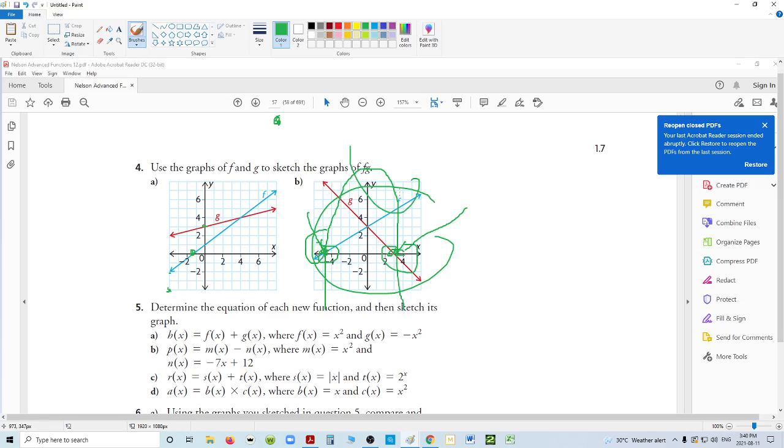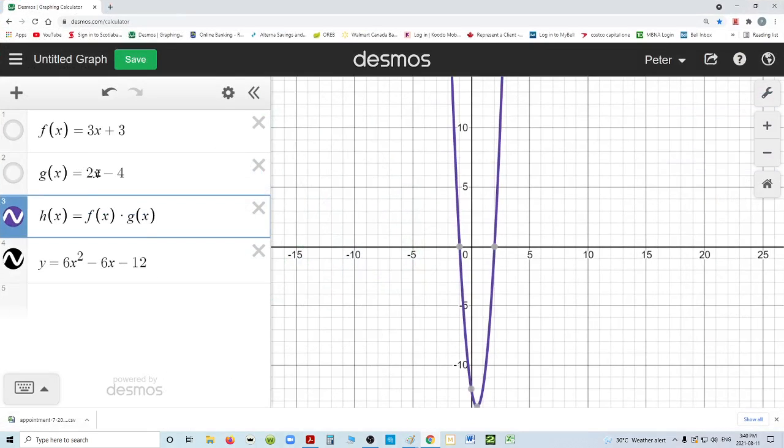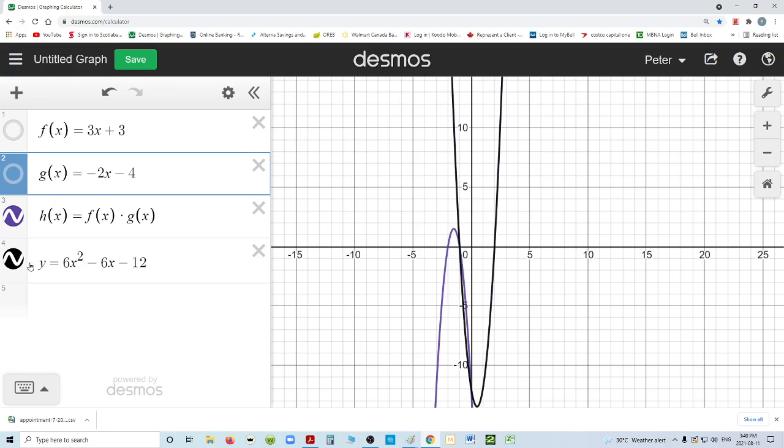Okay, so that means these ones, positive lines, will make an upward facing parabola, and opposite line slopes will make a downward facing one. Let's test that out. Now, this one didn't because I lowered it. No, it's an upward facing parabola. Let's make this slope negative on this line. Boom. We've got a